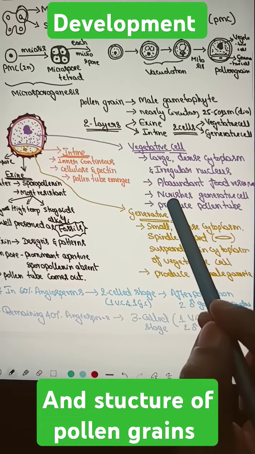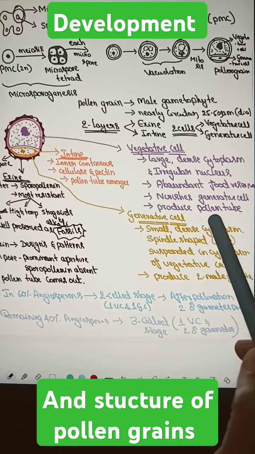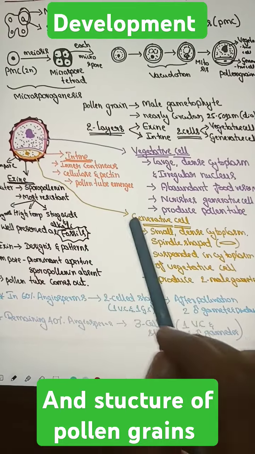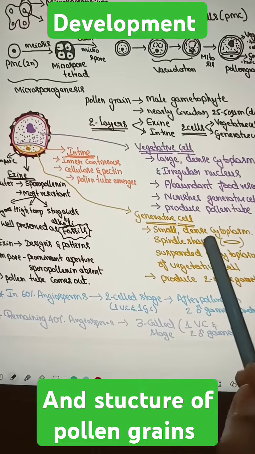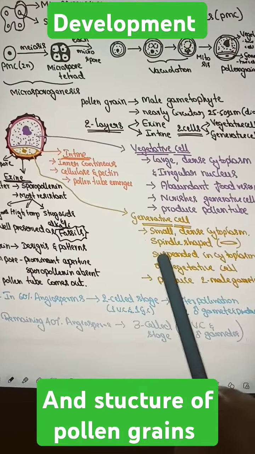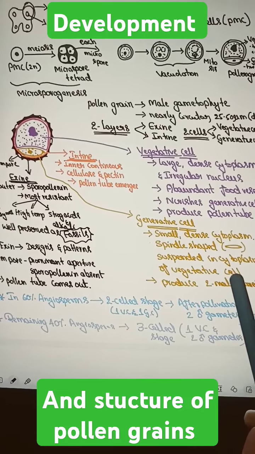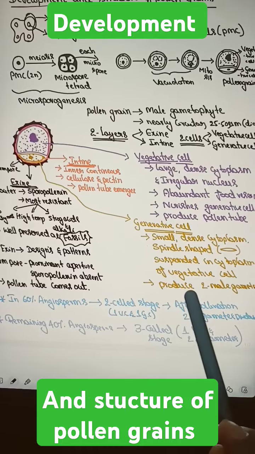Vegetative cell is large and has dense cytoplasm and an irregular shaped nucleus with abundant food reserves, and its function is to give nourishment to the generative cell and produce the pollen tube. Generative cell is small, has dense cytoplasm, and is spindle shaped. And very importantly, it is suspended in the cytoplasm of the vegetative cell to get nourishment,